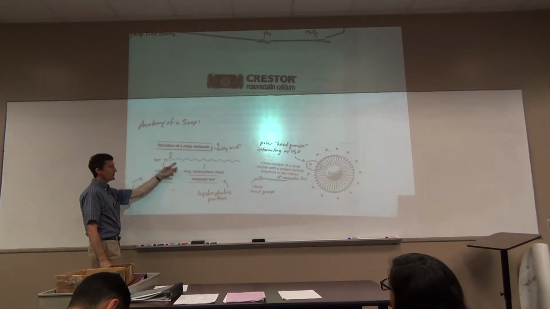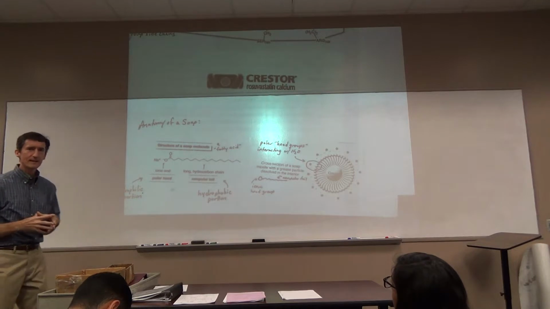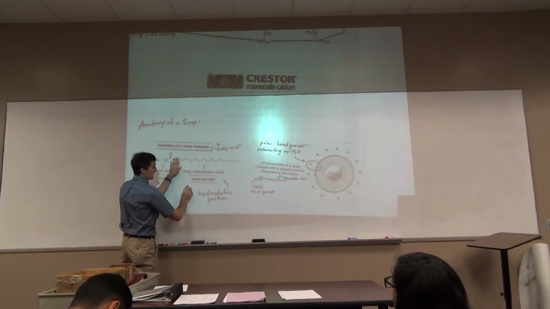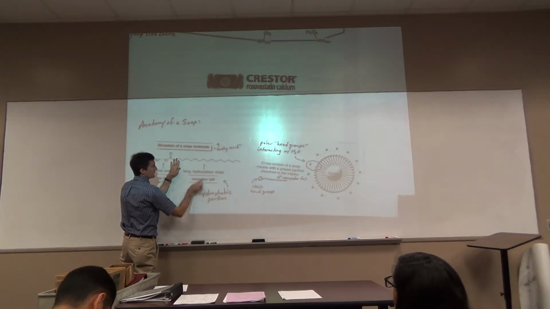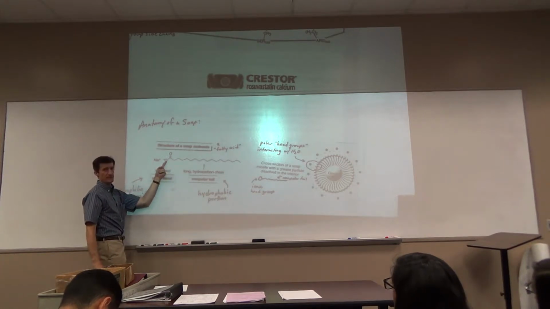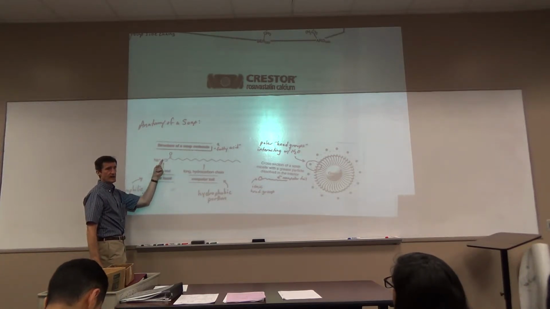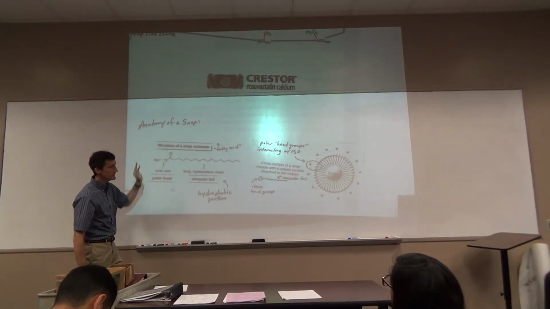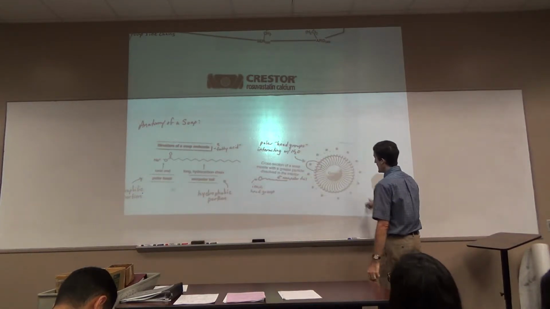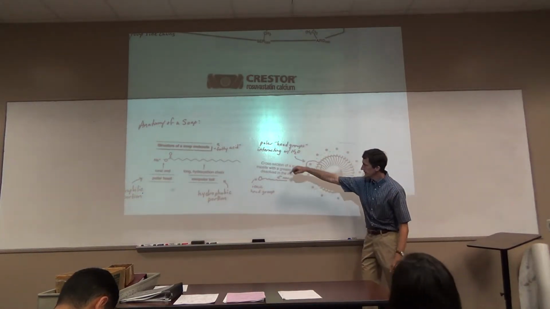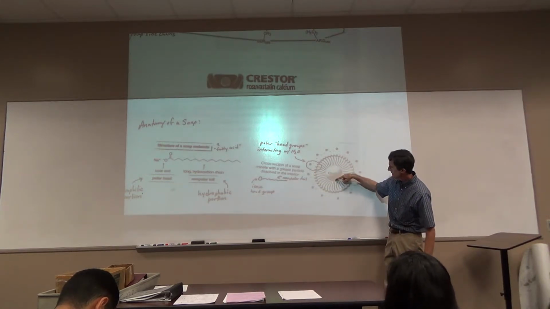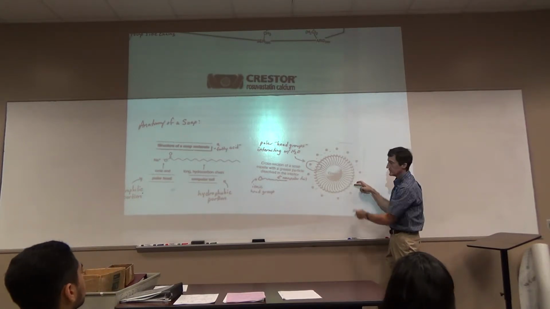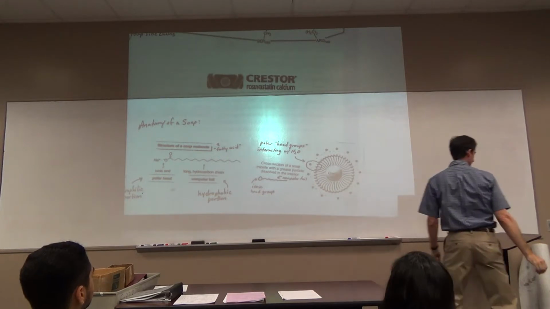If you look on the back of your shampoo, you'll see something like sodium palmitate. It's a long-chain fatty acid. The hydrocarbon portion is nonpolar, hydrophobic, often called fatty. And then you've got the acid portion in the ion form. Put an H on that, and that's a carboxylic acid, right? It's the salt of a carboxylic acid. It can also interact with the grease molecule. The hydrophobic portions can interact with the grease, leaving around here the polar portions, which can interact with the water. And so this is sort of like a micelle. Anatomy of a soap.